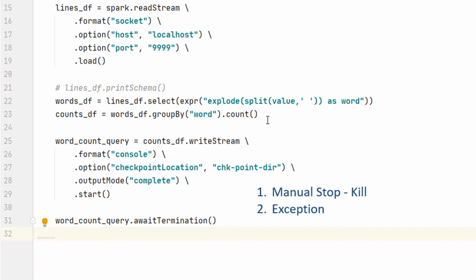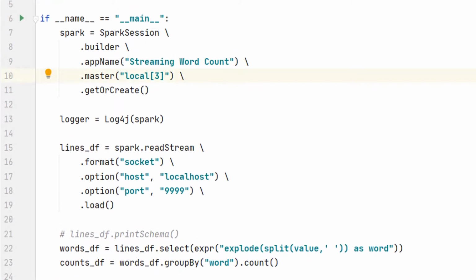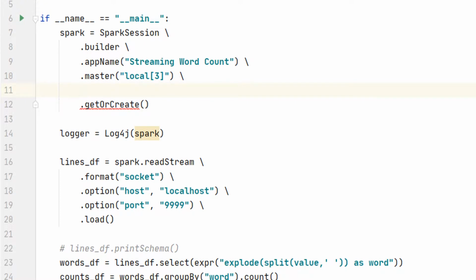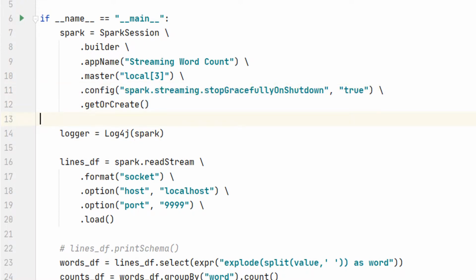And you can achieve it by setting a configuration for your Spark session. Let me do it. I'm adding a new configuration for the Spark session. The default value of this configuration is false and I'm setting it to true. That's all. We are good to run it. However, I'm applying a group by transformation in this example. And you know that the group by will internally cause a shuffle operation.